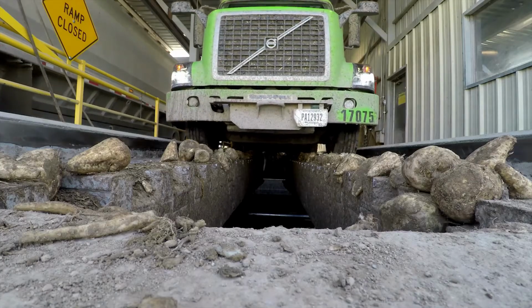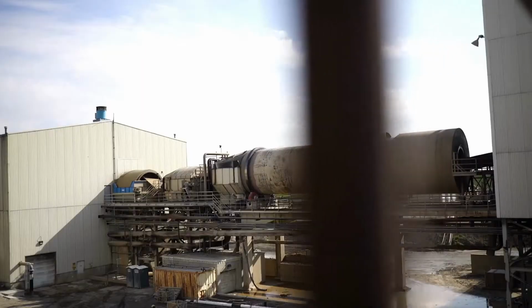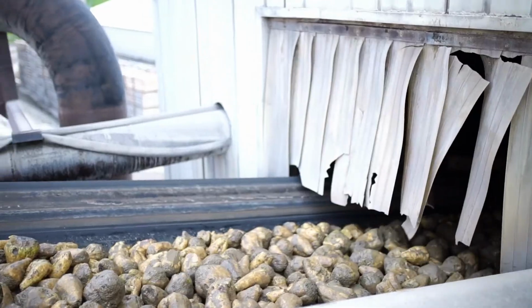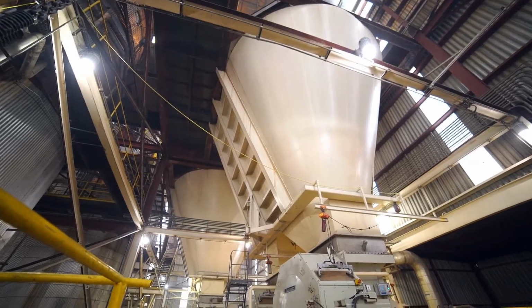Sugar beets enter the factory through a flume, which washes the beets, removing dirt and debris before they're sliced. A rotary rock catcher removes heavy materials from the water and sugar beets. After being washed, the sugar beets make their way to the hopper, where they wait to be cut into French